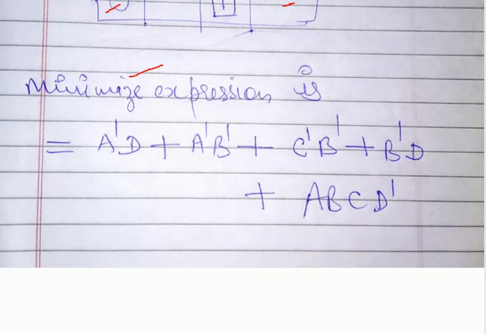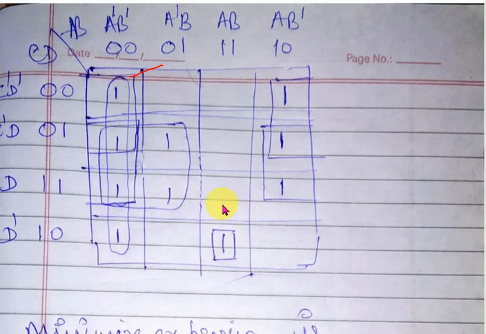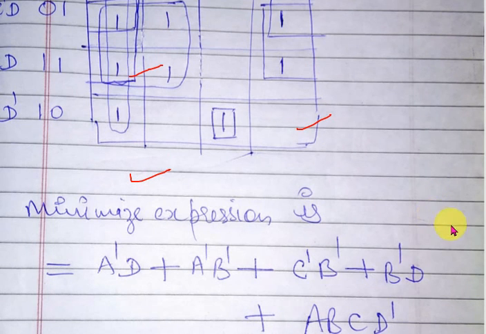Now we will consider the next basic block, this one. A B dash and A dash B dash, and A B dash. Similarly, A occurs in itself and complemented form. So from here we will take B dash, and we will neglect C and consider D. So B dash D, this one.